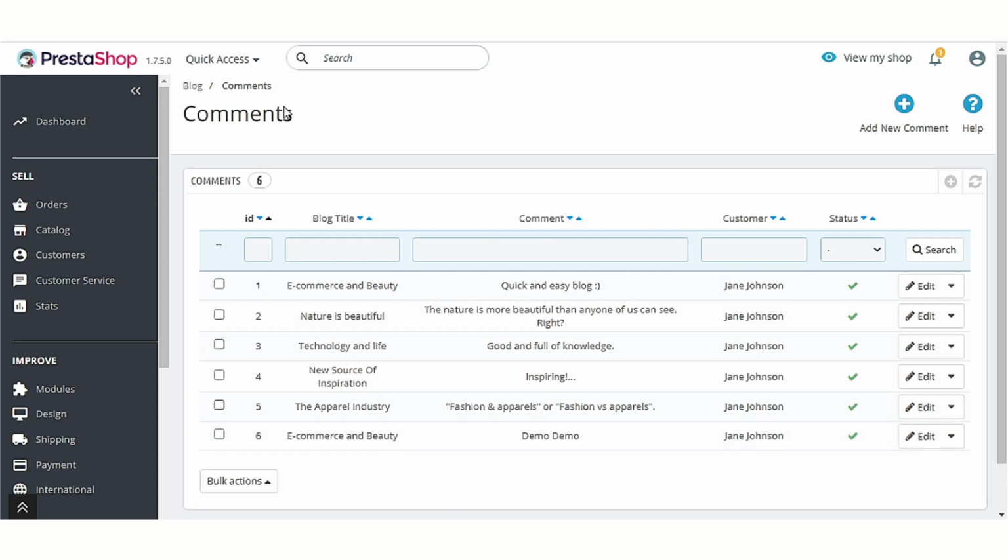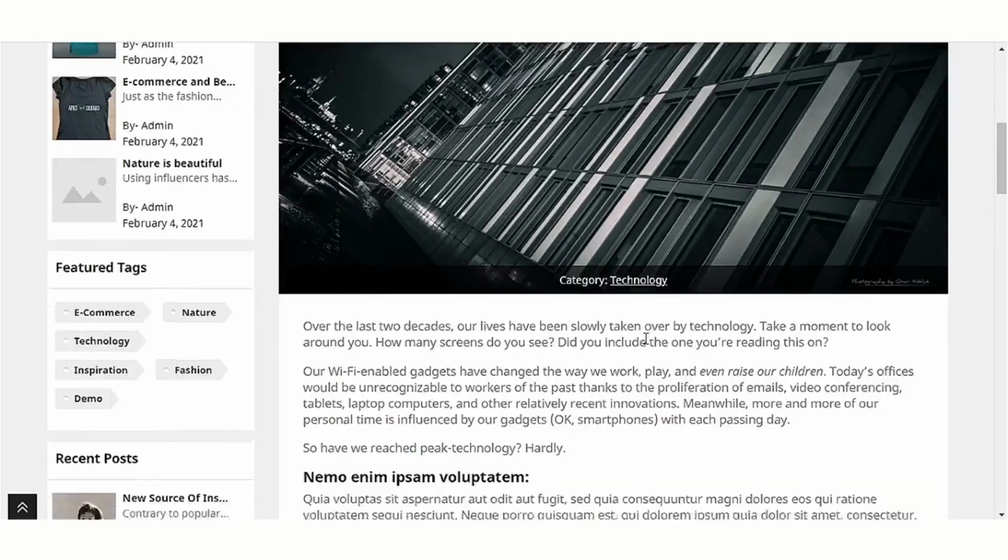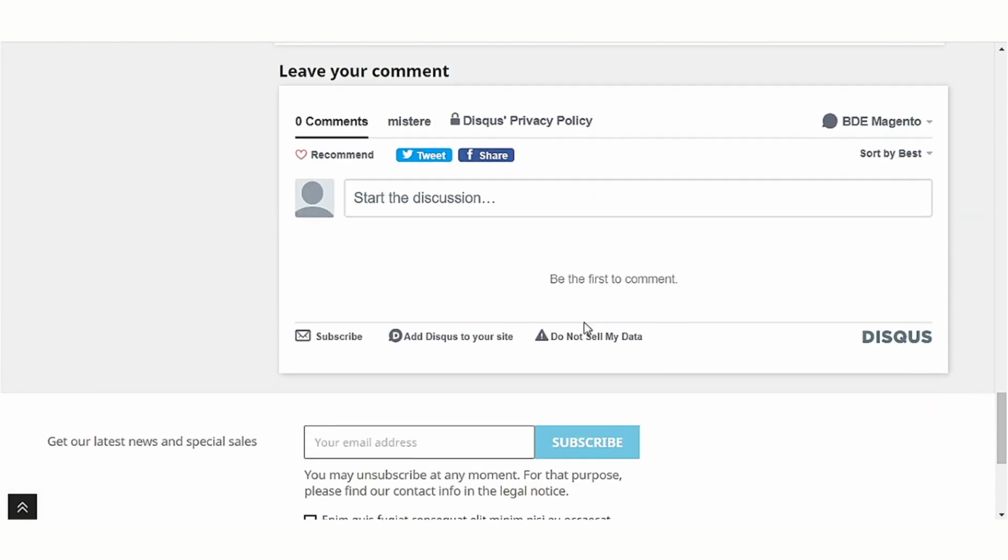If selected discuss forum, then the users can comment on the forum and the comments posted on the discuss forum is managed through discuss account.